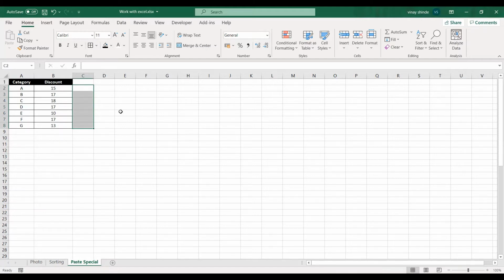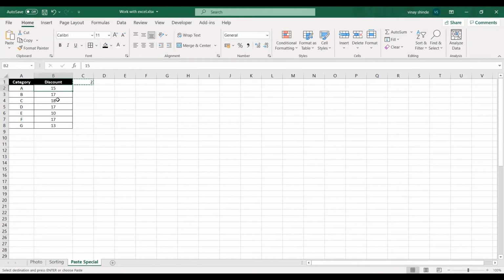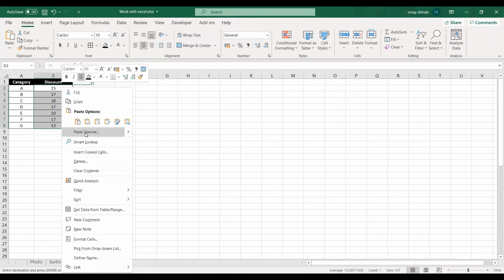But today I'm going to show you another way of doing this. So what I'll do is I'll simply type 2 here, just because I want to double the discount. You can mention it anywhere. I'm just selecting this cell C1. Okay. Now I'll copy this and I'll select this range and I'll go to Paste Special.